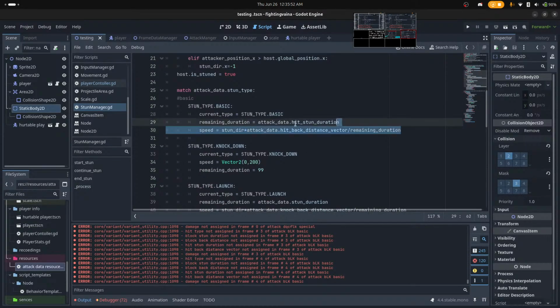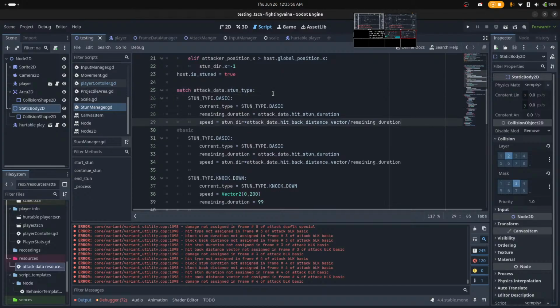Let's simply just copy this. Go with block.